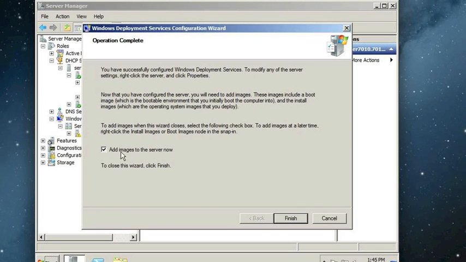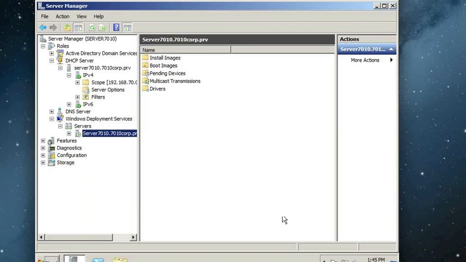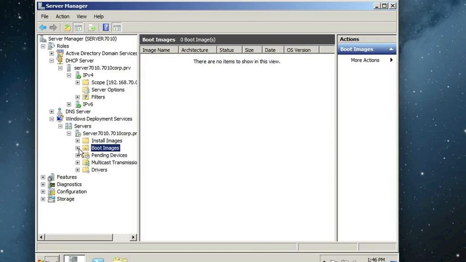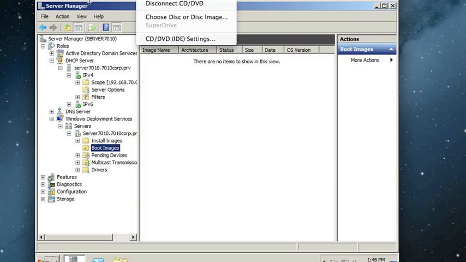And it gives us the option, do you want to add images to your server now? I'm going to uncheck that and just show you how we can do it manually. Hit Finish. So we have two images that we need to add. We need to add an install image and boot image. The boot image is the first thing we're going to add, and we're going to install the boot image from the Windows 7 DVD. So I'm going to configure my DVD settings,